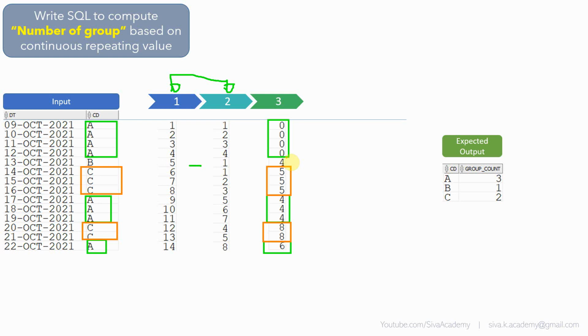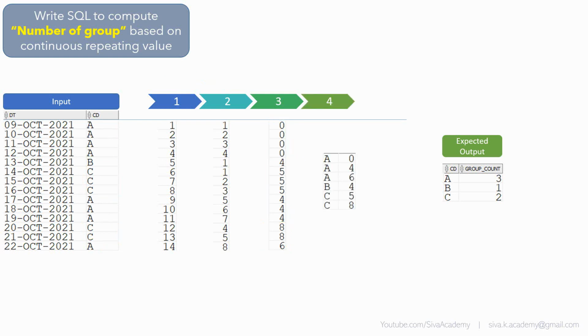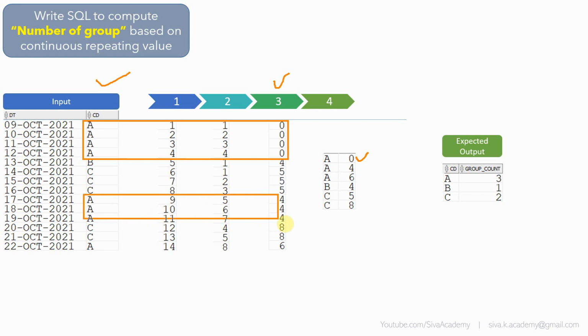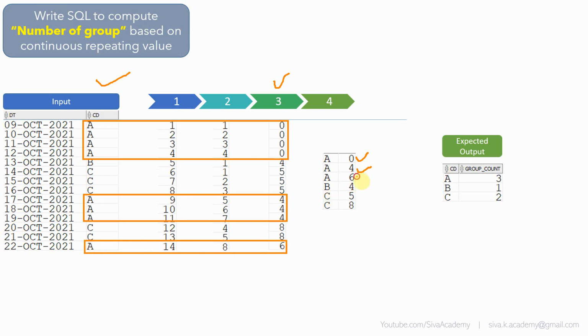As part of the final step, I'm going to take a distinct of this set. For example, A0, only the code column and what we computed in step 3. The remaining columns are not needed. All those things are just temporary intermediate values. So for A0, you just take one value. Basically, we are going to use a distinct to eliminate the duplicate records. Similarly, for A4, I'm just taking A4. Similarly, the next set A6, I'm taking A6 here. Same thing goes for other codes also.